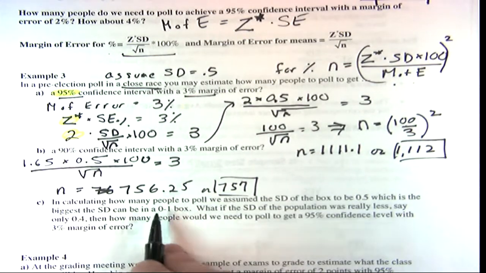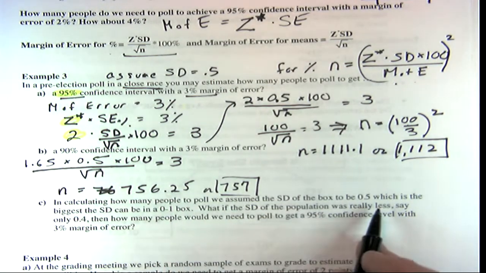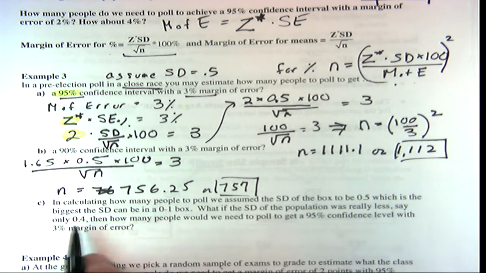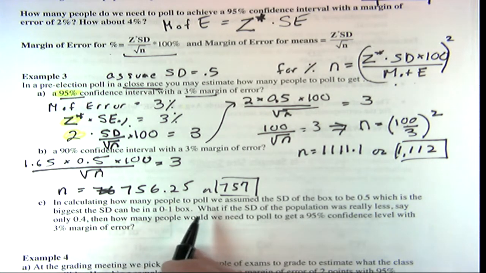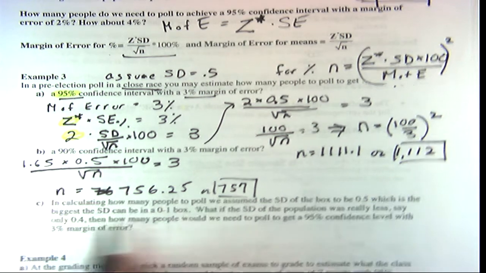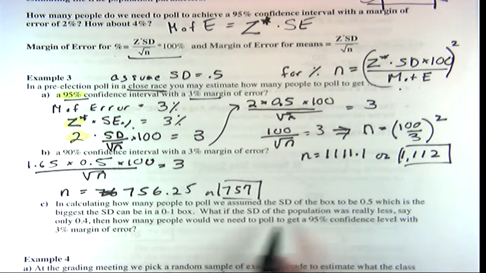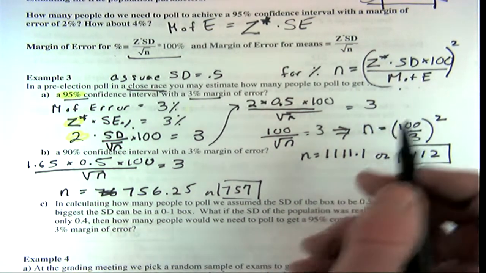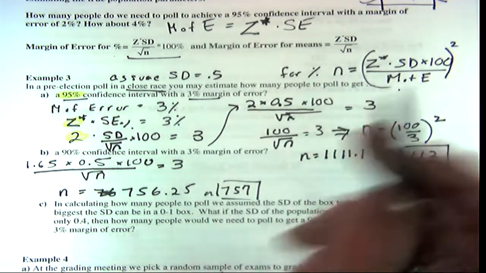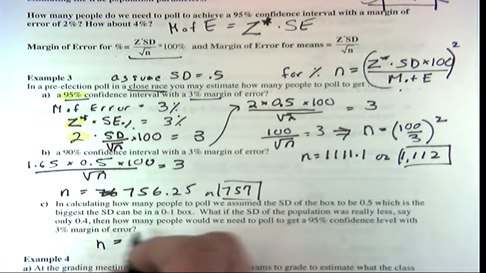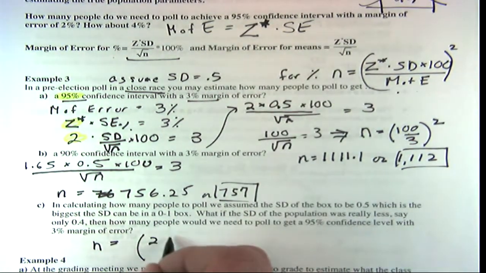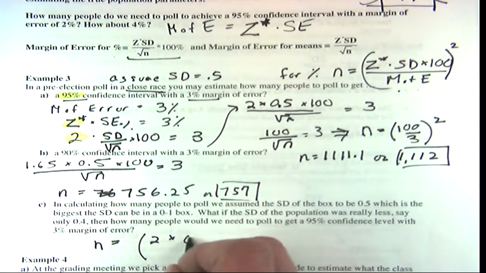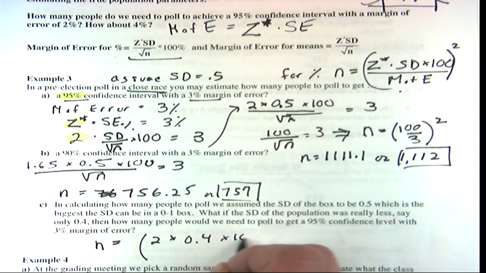In calculating how many people to poll, we assumed the SD of the box to be 0.5, which is the biggest, so it's the most conservative estimate, and that's what people usually do. But if we knew that the SD was really less, say 0.4, how many people would you need to poll here? So if it was only 0.4 using that formula, what would we get? We'd get 9 equals, if we kept it at 95%, 2 times 0.4 times 100